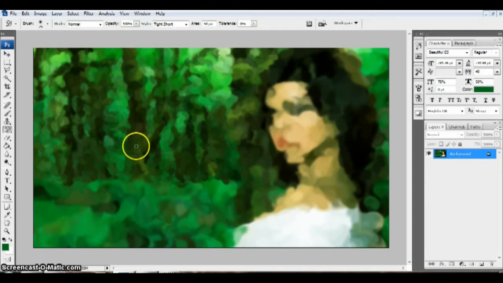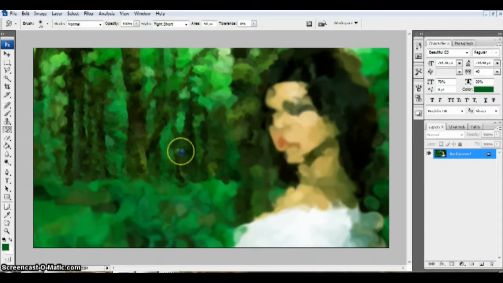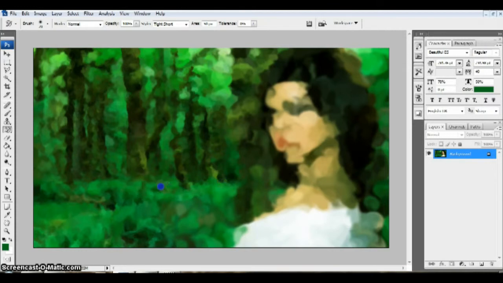Now I'm going to reduce the size to almost 20, and I will rub this brush only on the trees where I can see them, just to give them a little more definition compared to the original background we have. Now the ground here should also be very much defined, so I'm going to run the brush over here also with the same size.